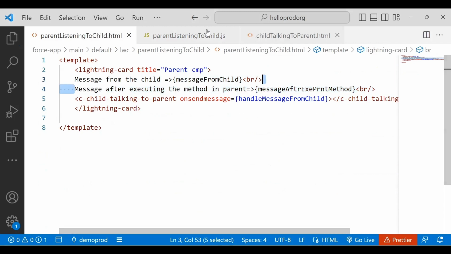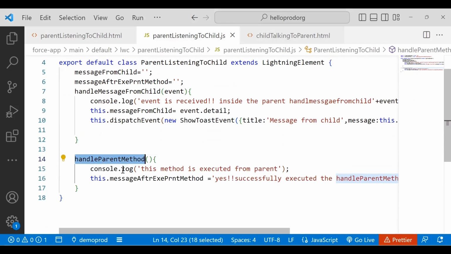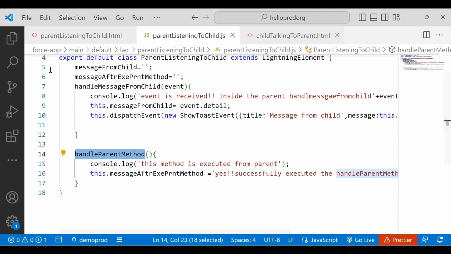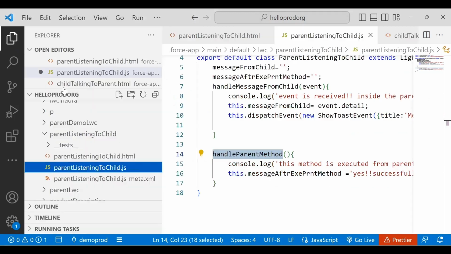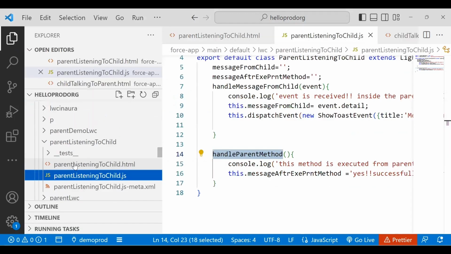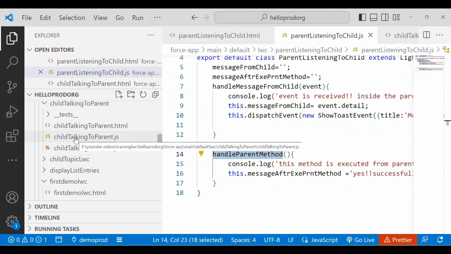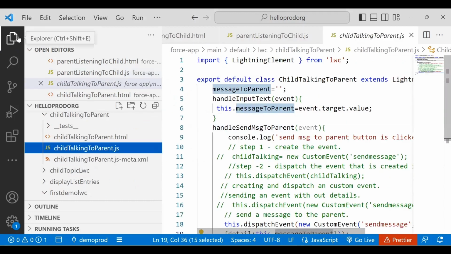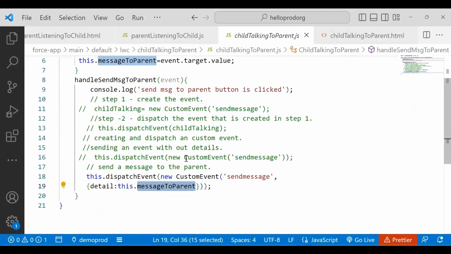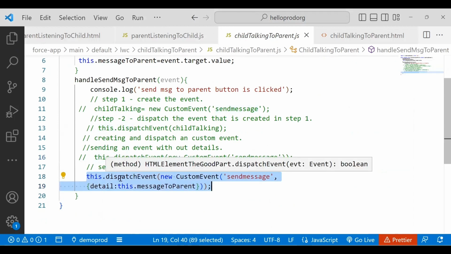Now, how do I call this method that I have on the parent component? That is where we need to understand the setup that we already have in place, which is nothing but child communicating to your parent. How did we do that? If you remember, there are 3 steps that we have used. On the child, we are creating an event and dispatching that event. And what is the name of the event that we are using? Send message. So this is the syntax that we are using to initiate that event from our child to the